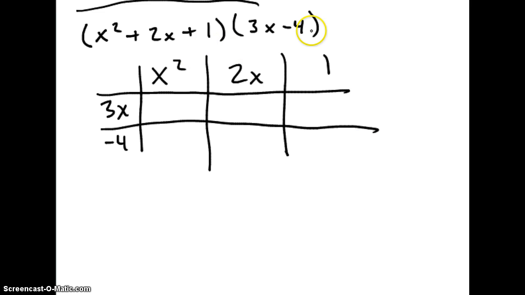However, the FOIL method doesn't work, because if I say first, that makes sense. First would be x squared times 3x. But when I say outer, I suppose outer works also. I could do the outer and the outer. But the inner, there's more than one inner in here. So that's a problem. And if I only have 4 letters for my